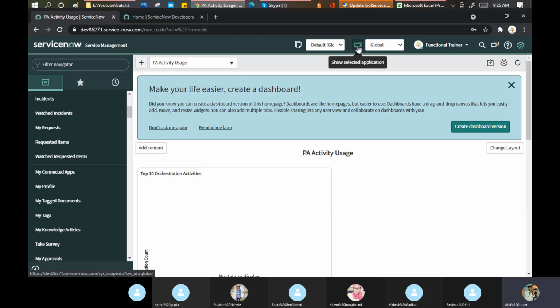What they do, they create a separate account for me, right? They create a separate user for me, so that if I make any changes in that, it should not impact anyone. In the same way, ServiceNow has a functionality called application scoping.